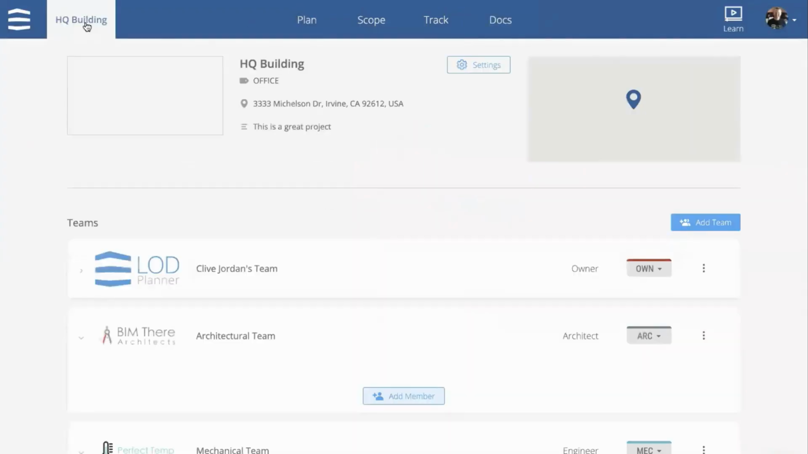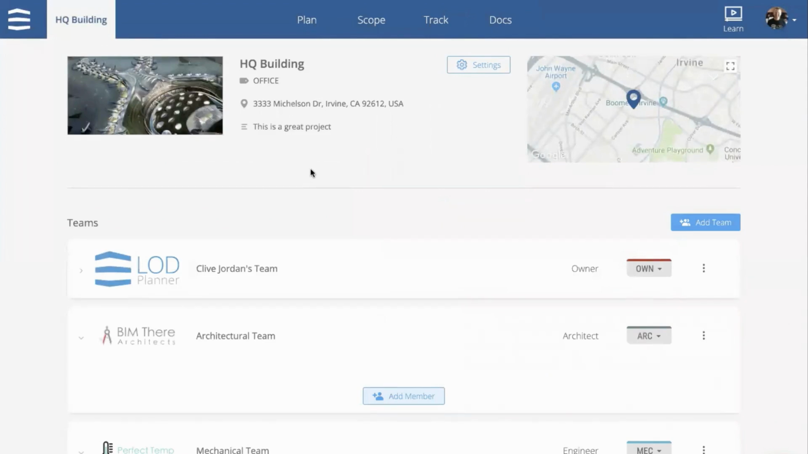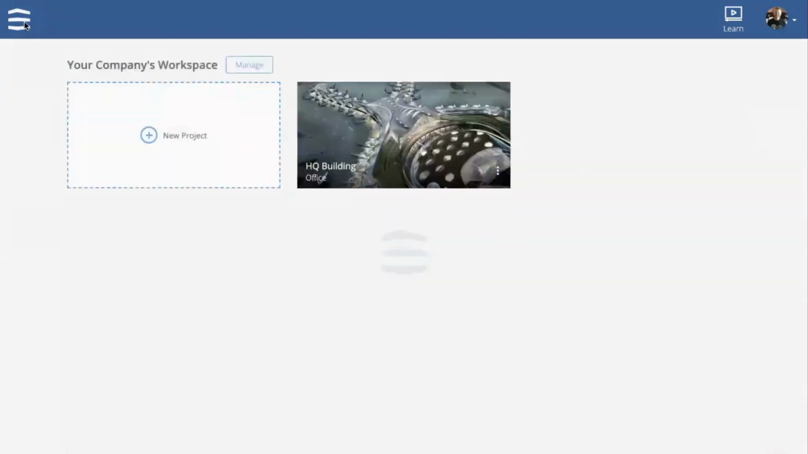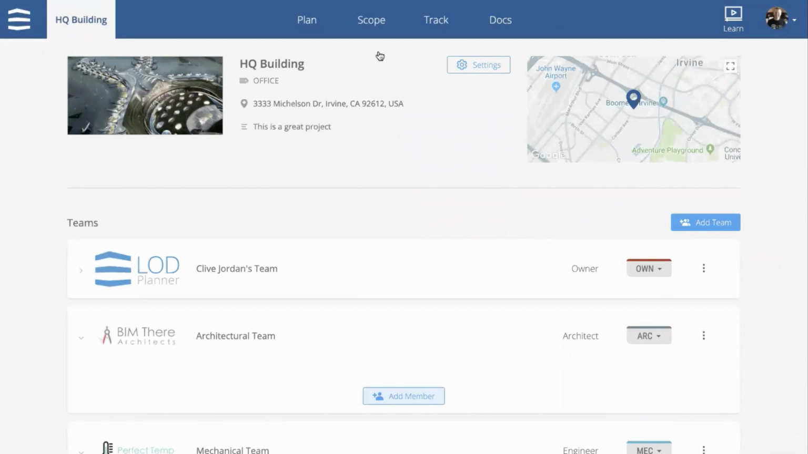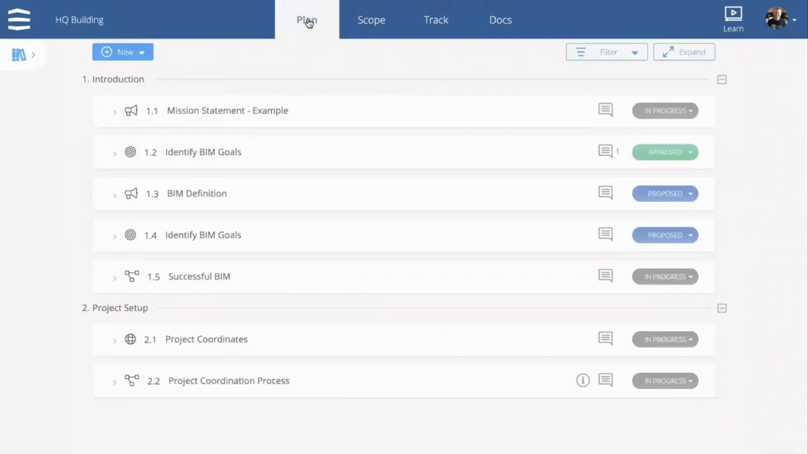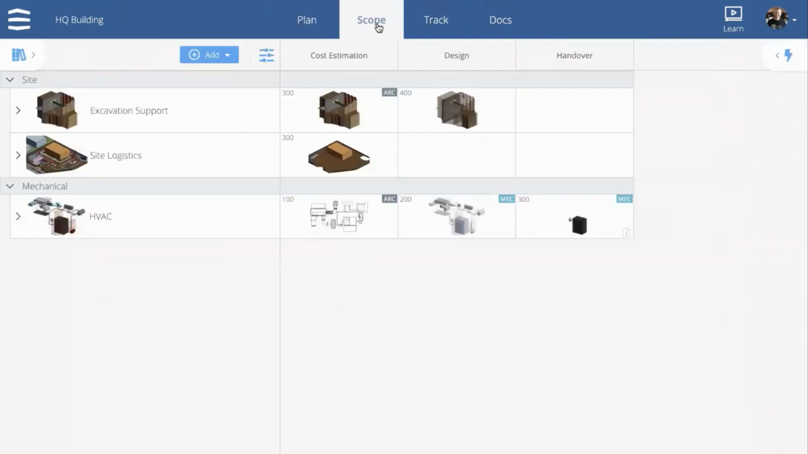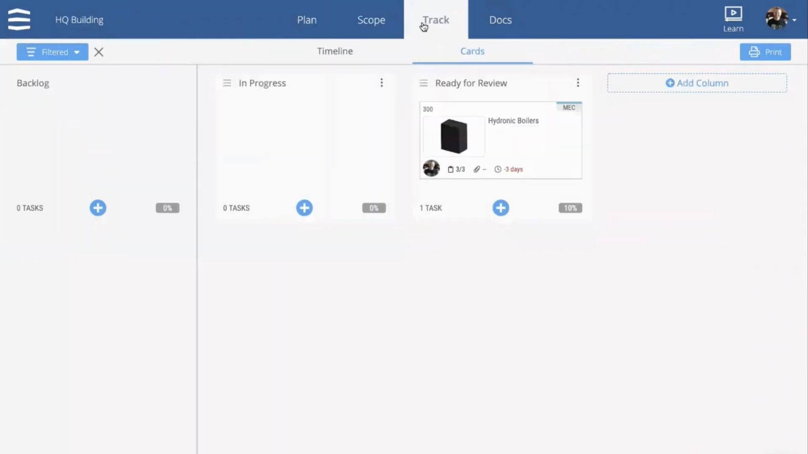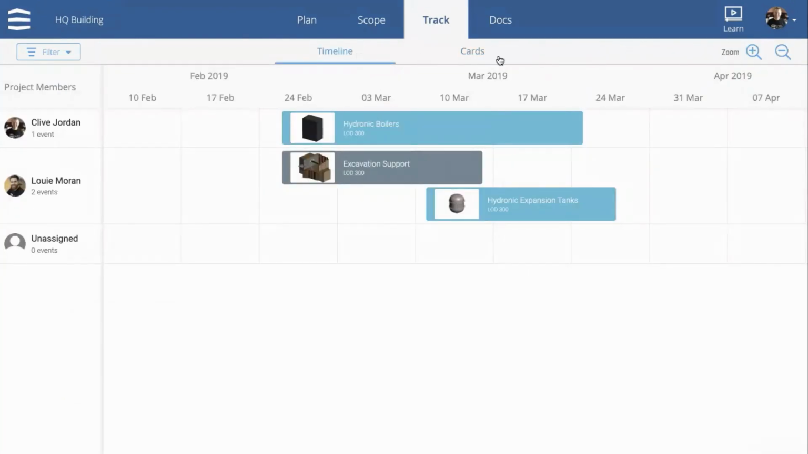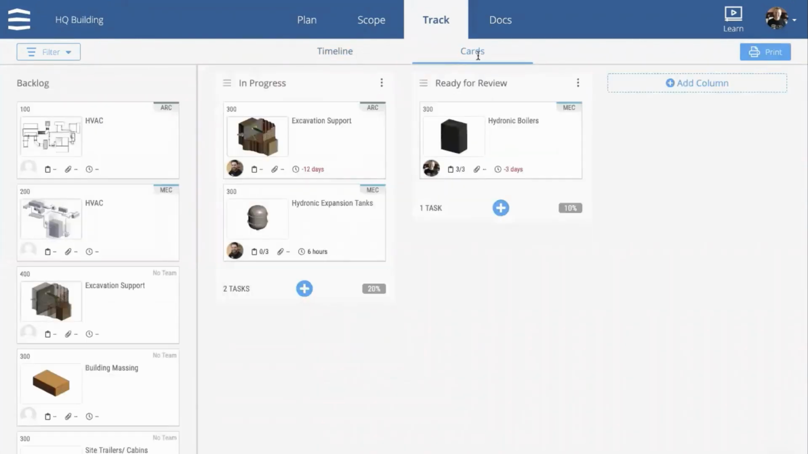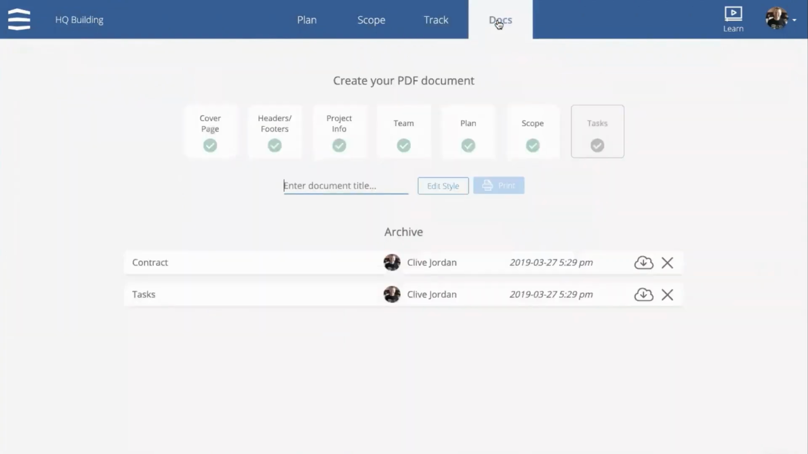So just to very quickly recap, super easy user interface. If we look at the projects and the project that I created, and then be able to go through the plan, seeing all of that content, what's approved, what's not approved, going through the scoping, adding and assigning who's responsible for what, going through the tracking of those tasks, and in both the timeline and also the card view, they're linked together, so a change in one changes the other, and then having all of your documents